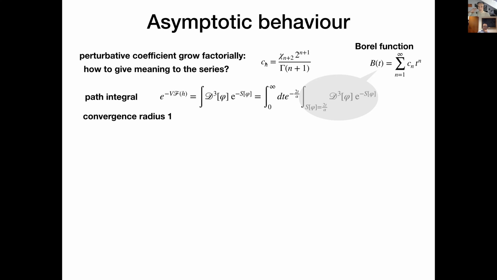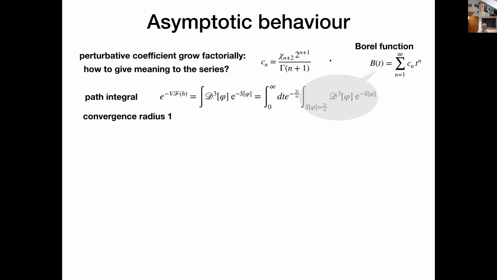May I make a comment? Yeah, this argument is a little bit misleading, because this is supposing that the singularities are due to Euclidean configurations, but this is not the case in this case. Singularities are not due to Euclidean configurations of the path integral. Well, I didn't talk about singularities yet. No, I'm trying to argue why we go to the Borel plane.